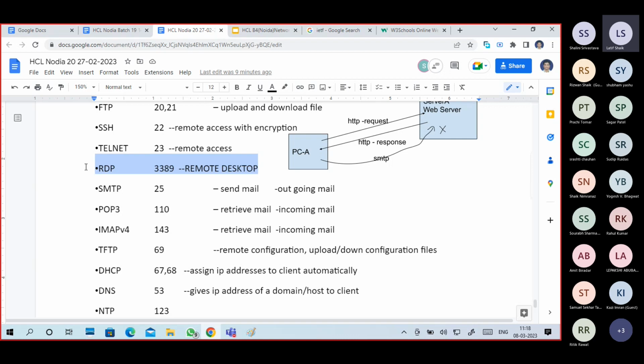Both are for incoming mail, used for retrieving, receiving, and seeing mail. These three protocols belong to mail communication: SMTP for sending, and POP3 and IMAP version 4 for retrieving or receiving mails.